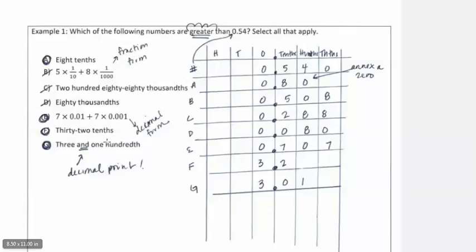I was finishing up with this, like the decimal point. The and means the decimal point, and so we can write it here, 3 and 1/100th. And so